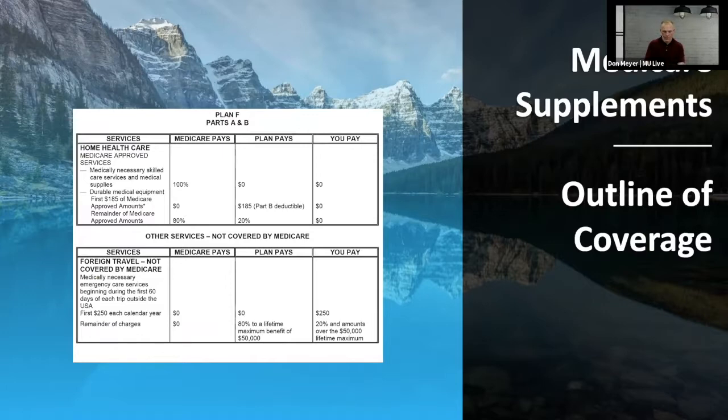Okay, there's where it has that Medicare is going to have a $250 deductible that the client would pay, and then they're going to pay. The Plan F would pay 80%, and their client would pay 20%. Now, generally, as I mentioned earlier, the supplement's not going to pay anything if Medicare doesn't pay first. Here's one exception to that, and the maximum is $50,000, which in a lot of other countries will go a long way. So that is how the outline of coverage works for when you're selling somebody a Medicare supplement plan,